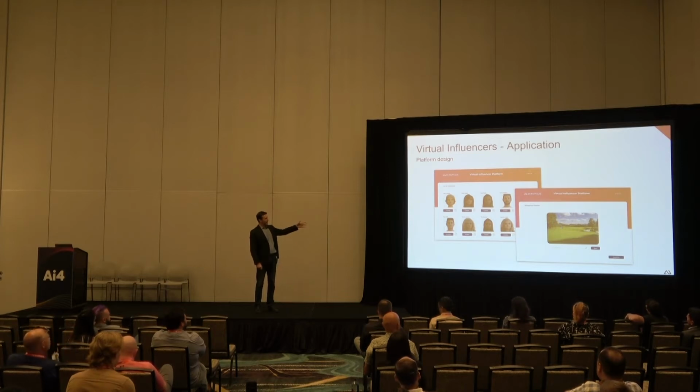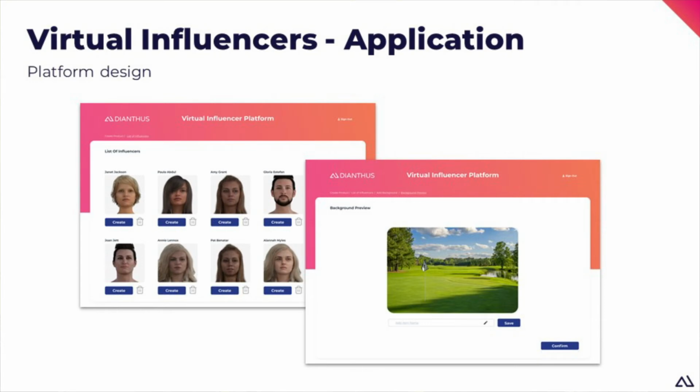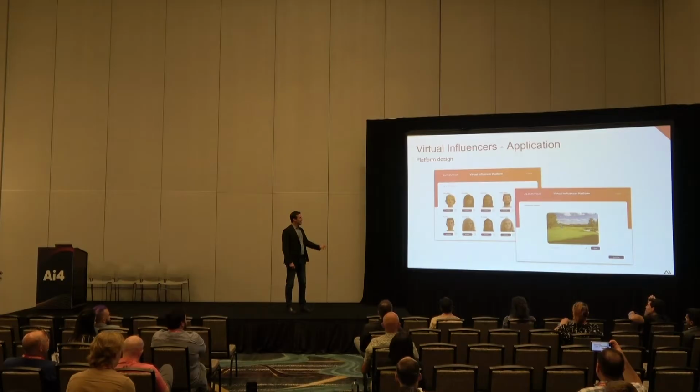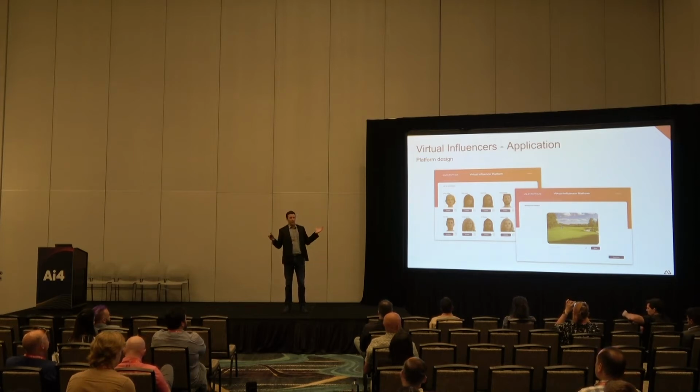So this is what our application looks like. We have created these influencers, and then you upload a picture. So you can upload the Bronx Zoo, you can upload Central Park, you can upload the Washington Monument. And then we have this stage of machine learning models that takes these people and tries to figure out, it's been trained on a bunch of pictures of people in front of the Washington Monument and in front of other places. So it tries to figure out, and this is actually the hardest thing,